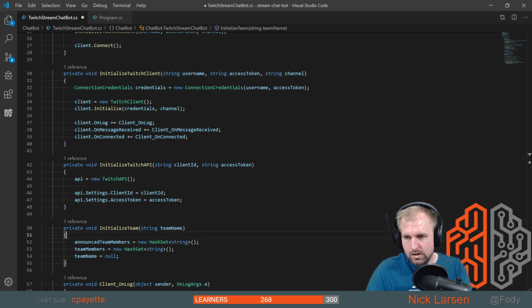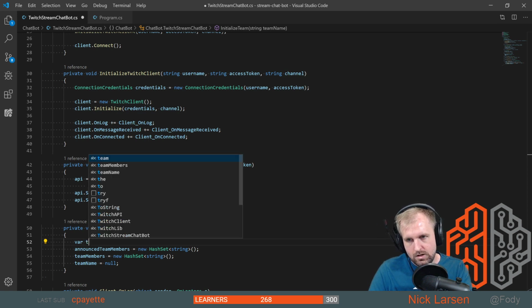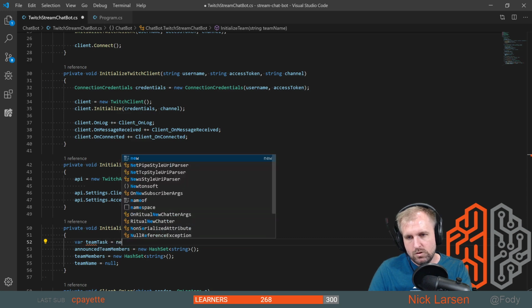Now, this should be as easy as... this is going to be... This is async. Fun. Okay, we're going to have var team members, team task equals